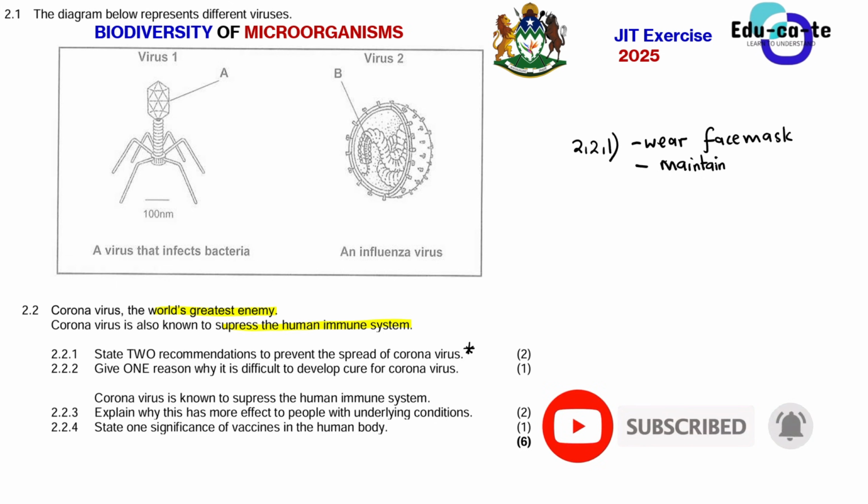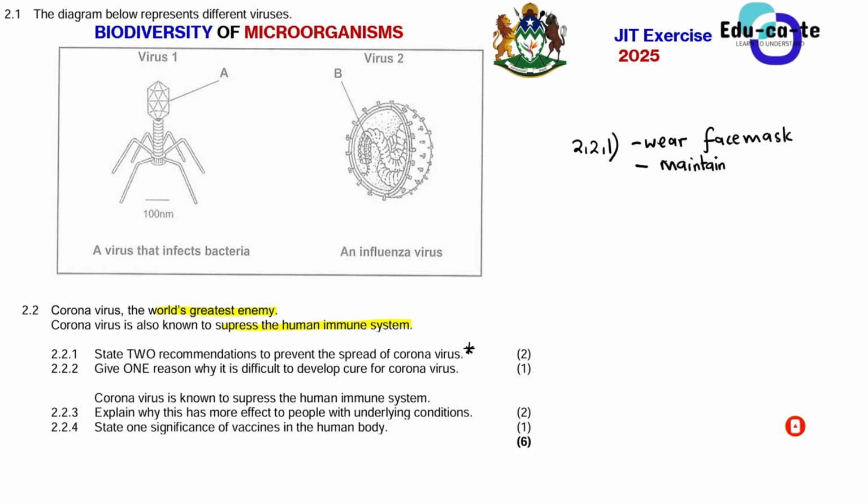Remember that when we used to go to the stores during the COVID-19 period, we would stand 1 meter apart in the queues. You wouldn't stand closer to each other because there's a chance that the virus might be spread from one person to another. So you can maintain some social distance. There are many other measures that you can implement to be able to stop the spread of the COVID-19 virus.